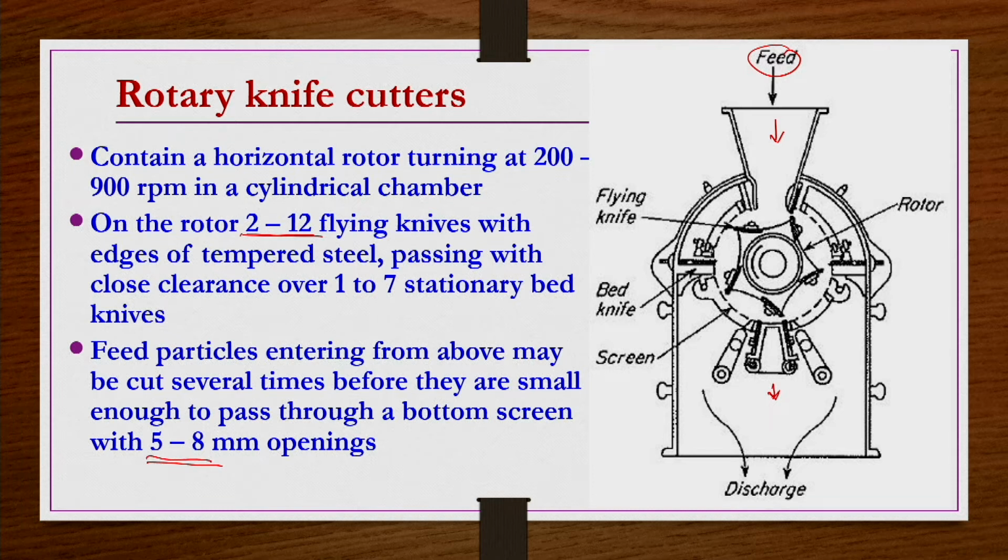There are different types of cutting machines available industrially. Those details can be found in a book by Coulson and Richardson, Chemical Engineering series, second volume. Several types of equipment are available under each category of crushers, grinders, ultrafine grinders and cutters. They have also discussed different types of industrial equipment as well. We have seen some of them. If readers are interested, they may go through that book for more details about different types of industrial